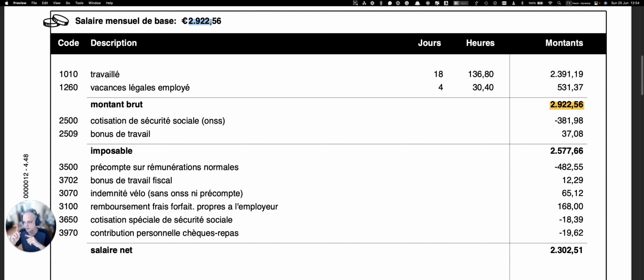So here you can see in yellow the real monthly gross salary, and it's exactly the same as the theoretical one. So here we are not dealing with unpaid leave. And actually, if you look just above the yellow monthly gross salary, you will see there that we have reported 18 days worked and 4 days of holidays